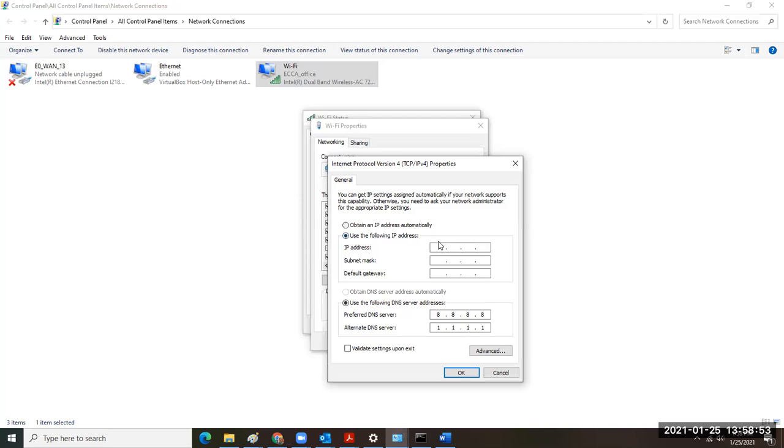And I could say, okay, I'm going to make this 192.168.1.204. And my subnet mask is going to be 255.255.0.0. And my default gateway, we're going to show you how to calculate a gateway in a minute, a little later in the next modules. It's